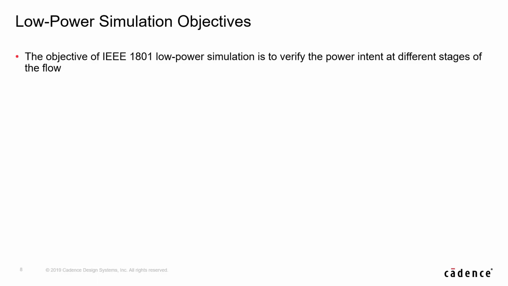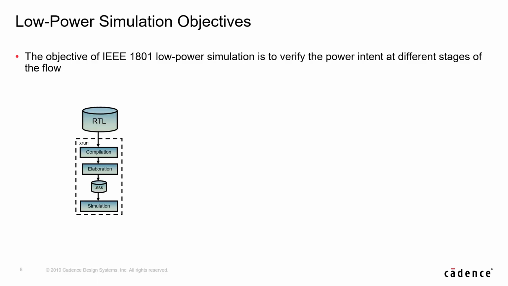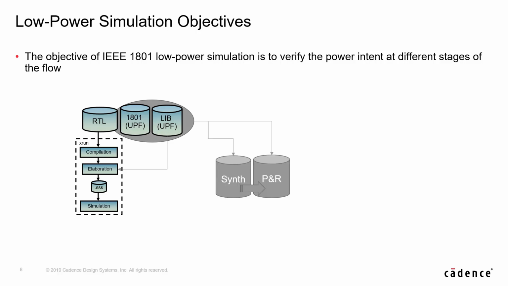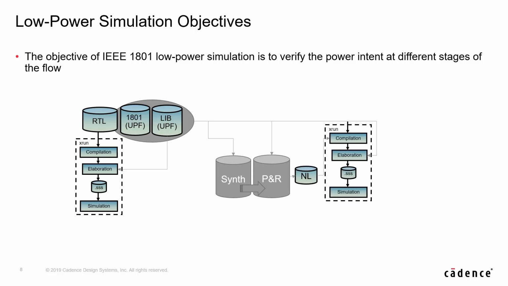The objective of the simulation is, of course, to verify the power intent at different stages of the flow. Meaning that you will apply this power intent at RTL, and you will start with whatever you have described so far. You will provide a complex environment using the 1801 file, and you may also add reliability models to play with. You will later go through the implementation side and output a netlist. On this netlist, you may also reuse part of the entire 1801 file